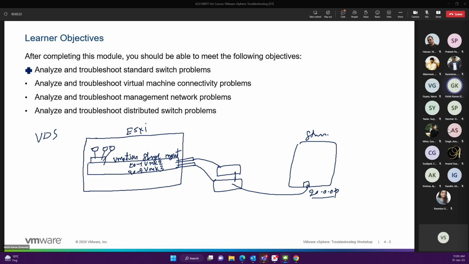So as I told you, because here we have a troubleshooting focus, the theory part is less. We expect you should know all the concepts of how the standard switch works and how the distributed switch works. From the networking perspective, there is no difference between the standard and distributed switch. Both give you layer 2 network connectivity. But yes, feature-wise, we have some more features when it comes to the distributed switch. The first main advantage we have,